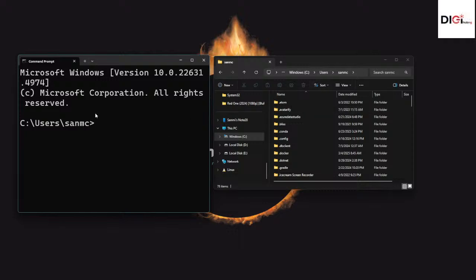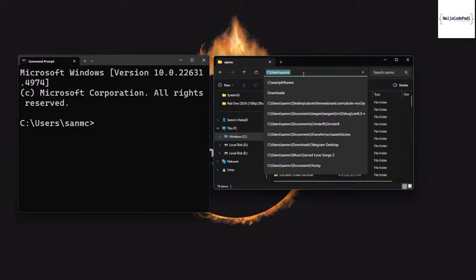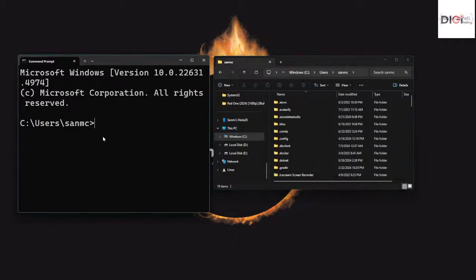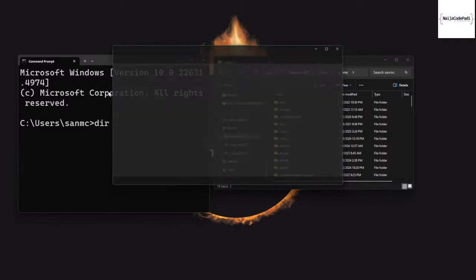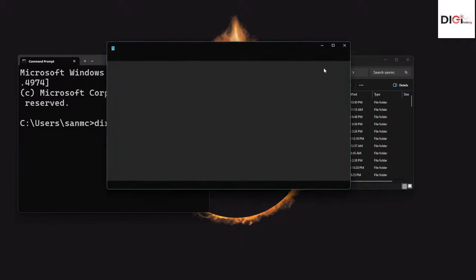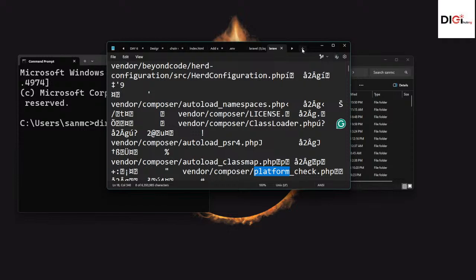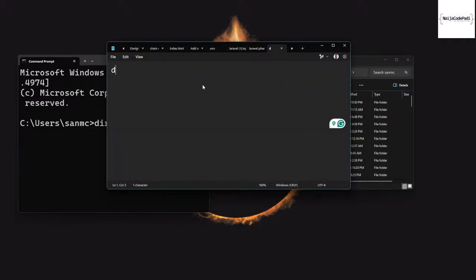Okay, so now I have shown you that the same place is this, so this is where we are here. So the first thing we will learn in the terminal is what they call dir. It means directory. Let me open my notepad. Let me write another one. So the first thing is directory. This one means show